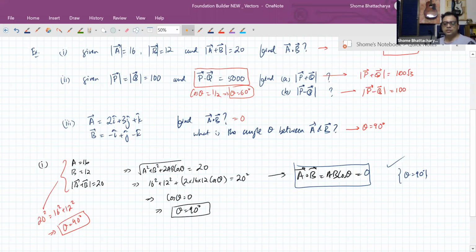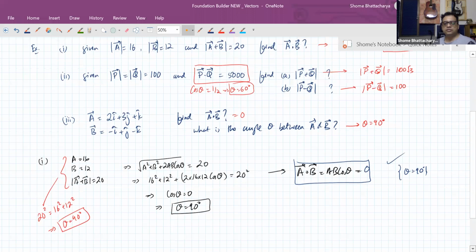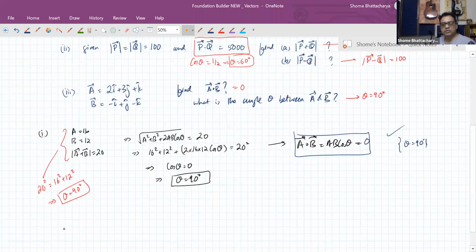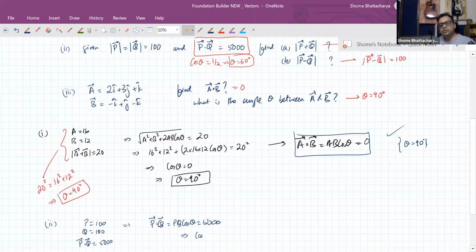Okay, people, so hope this is clear. Now next up, second question. Again, same kind of thing you have to do, but this is now reverse of that. P dot Q is given to us, so from that we will find cos theta. So magnitude of P is given as 100, magnitude of Q is also given as 100, and P dot Q is given to us as 5000. So P dot Q, PQ cos theta is 5000. Okay, so from that we will get cos theta is half,